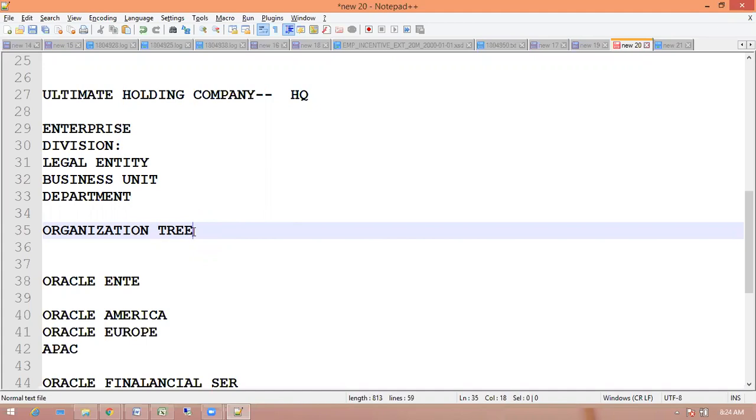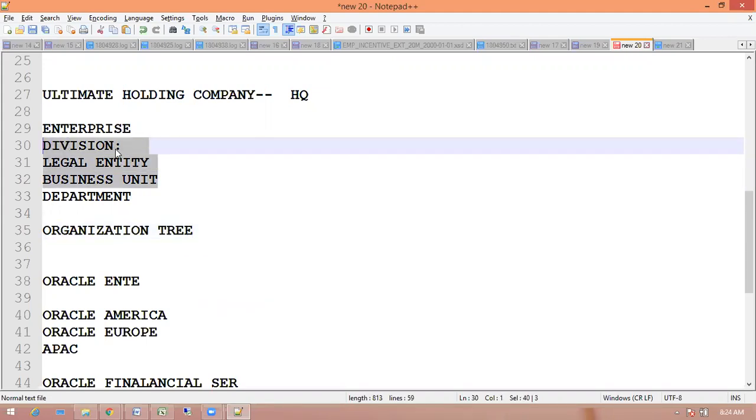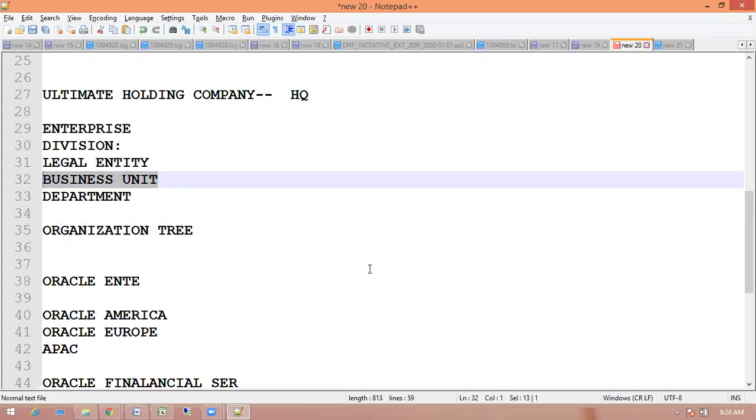Then you can build security on top of that. Suppose you don't want employees to access the highest level of employees, then using the organization tree you can secure the data. Or using divisions also you can secure the data. Using business unit also you can secure the data. If you want to secure the data at division level, divisions can be used. Using roles, you can restrict, or the tree itself. Roles and security profiles we need to create for that. Understood. Roles we will discuss as part of the course.